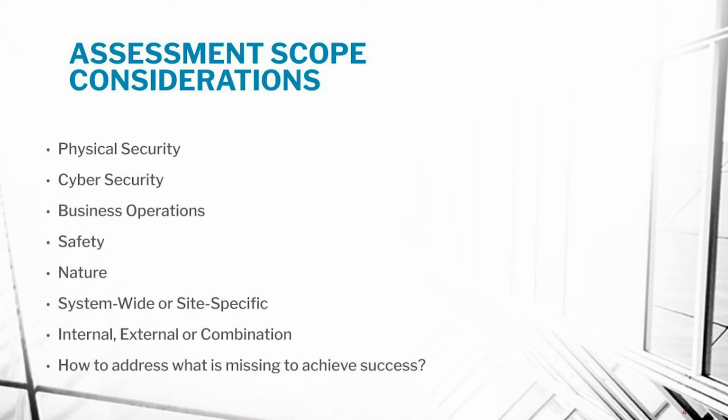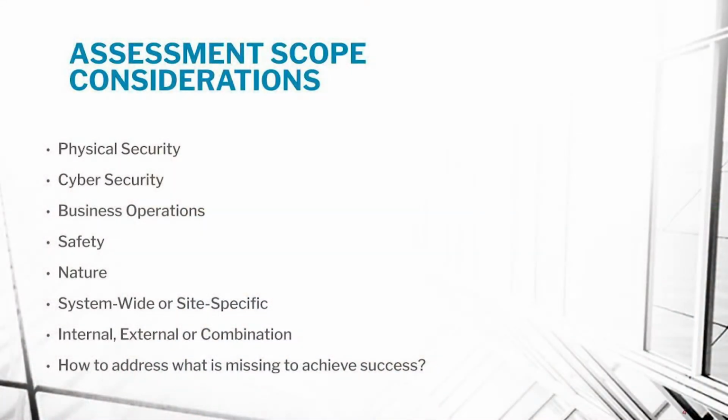Are you going to tie in safety concerns, environmental concerns, spills, trip and fall, confined space issues? Now I'm looking at the risk of am I putting people at risk? Am I going into a Class 1 Div 1 or a Class 1 Div 2 type of environment where asphyxiation or explosion will come into play? Am I looking at an all hazards assessment where I'm including nature?